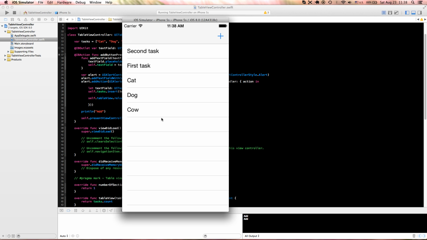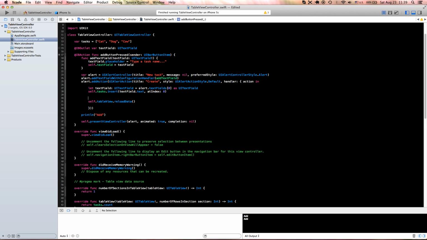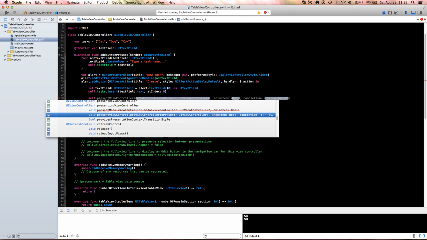And actually I don't like how it looks because it just reloads the whole table view without any animation. So when we add our task to the list of tasks, I want to have some animation, like it slides from the top. In order to do that, let's stop our application and go to the place where we say the table view should reload data. Let's comment it out and let's say that we want animation self dot table view